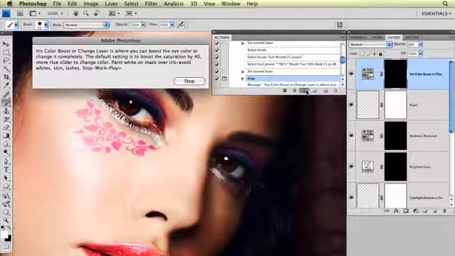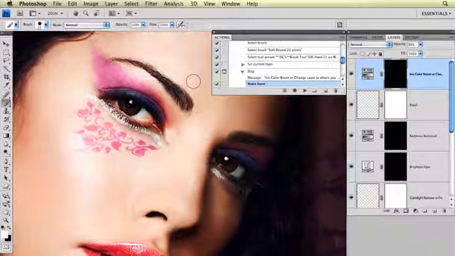And the Iris Color Boost or Change layer, this creates a layer for you over here if you want to boost the color of the iris, if you want to make the color look more vivid. This is where you do it. Or if you want to change the color of the person's eyes, this is the layer that you would do it on as well. So I'd click Stop, I would do the work, and then I would click on Continue